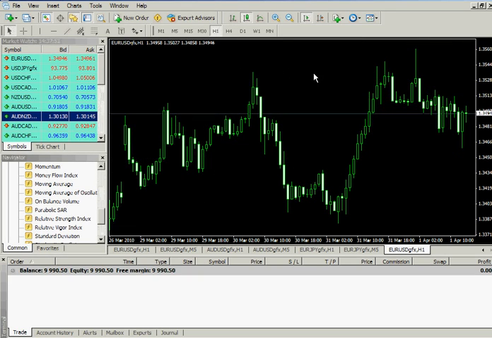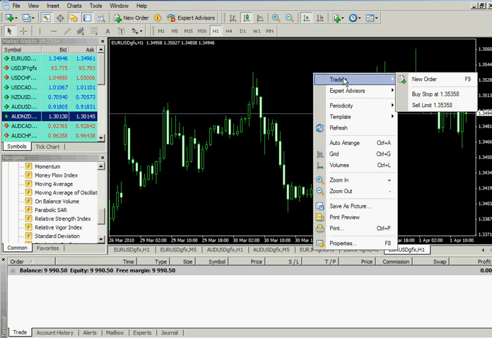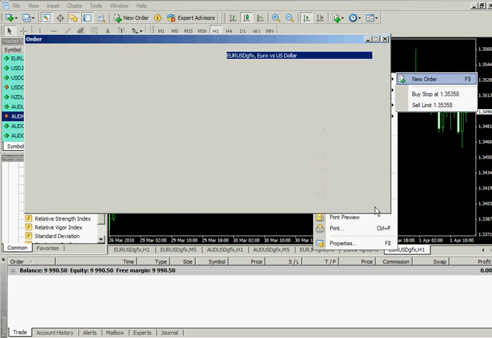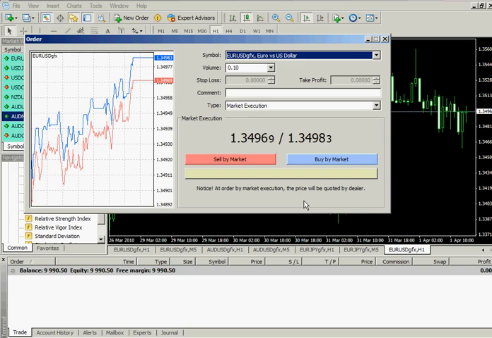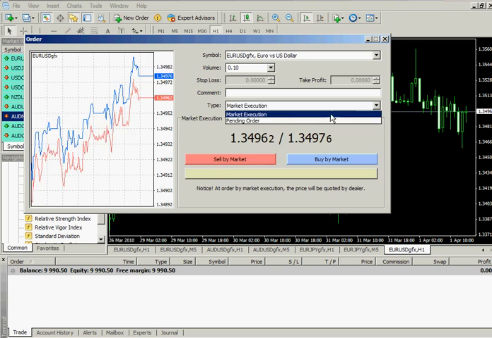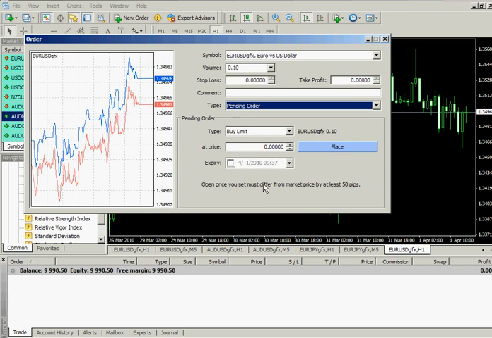But in entering an order, you can simply right click, go to the trading screen, new order, unless you want to put in a stop or a limit. You can do a new order here, okay? And this will simply execute at the market unless you specify a pending order. If you specify a pending order, you can